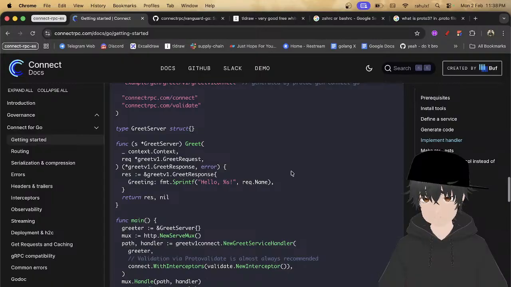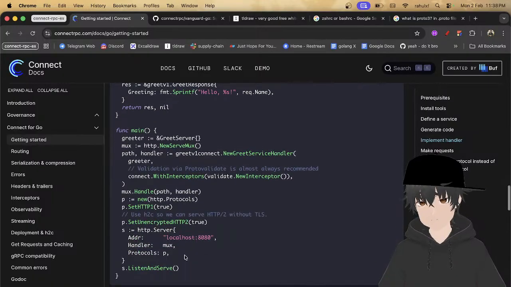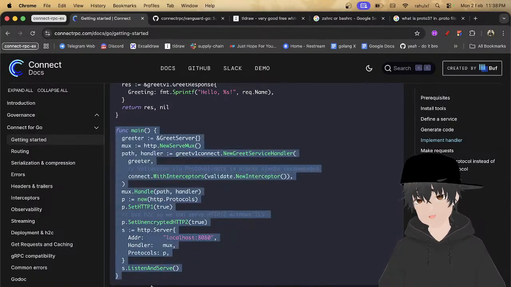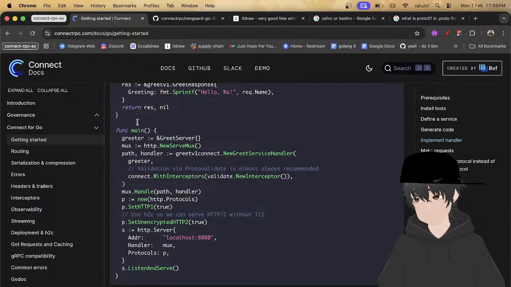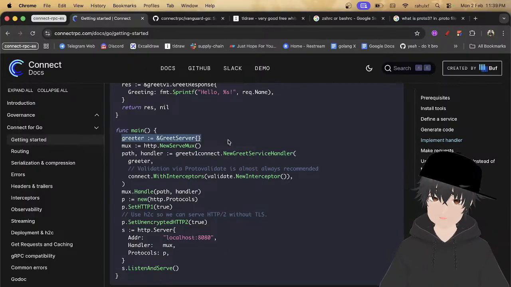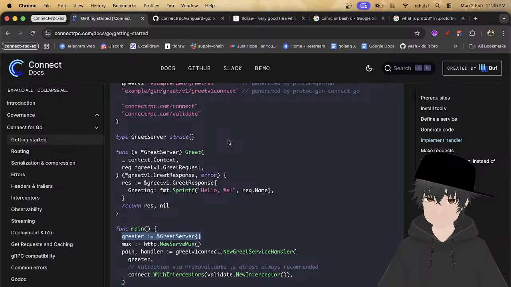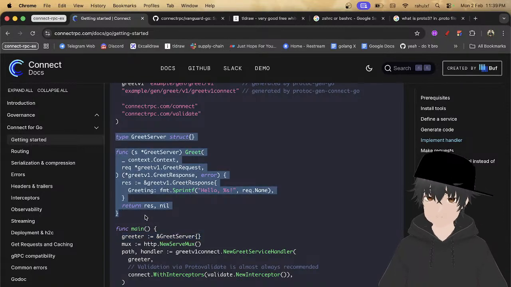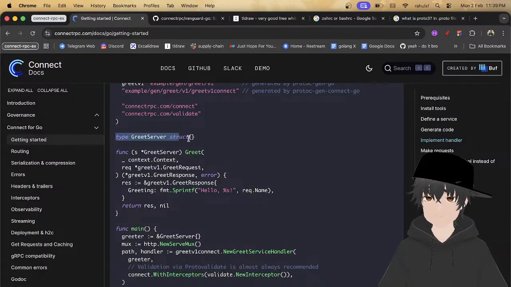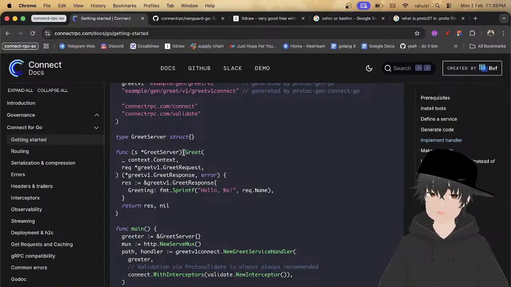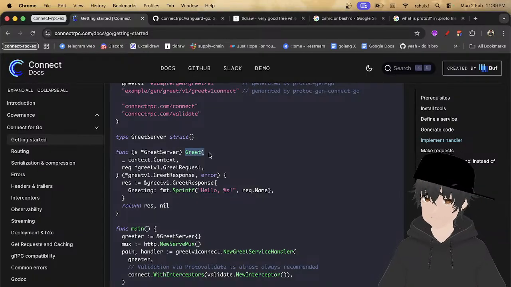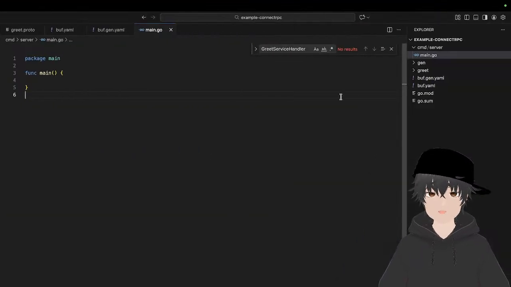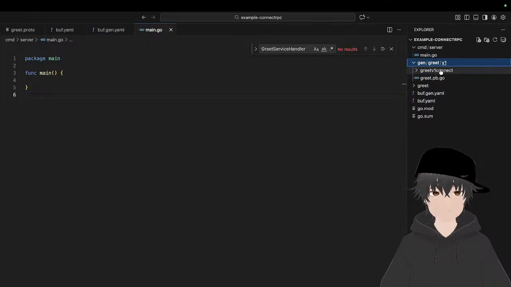What we can do now is start from main. So inside main, what we need to do is first create a greet server. Okay, let us do the greet server first. So here what you have to implement is one, a greet server, and then we have a greet method, which is how we often do it.